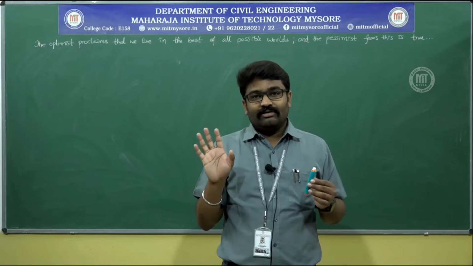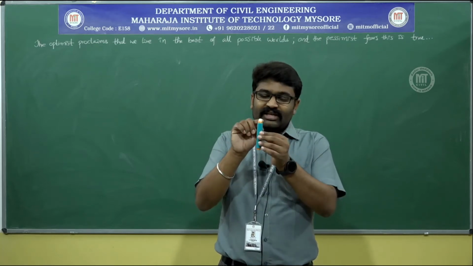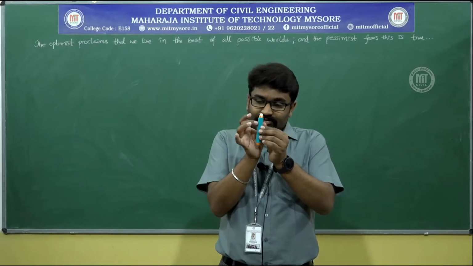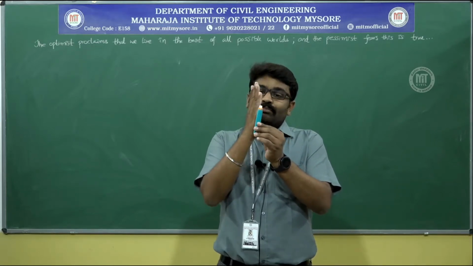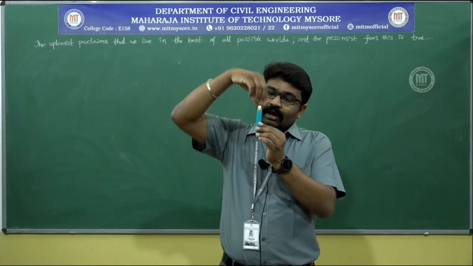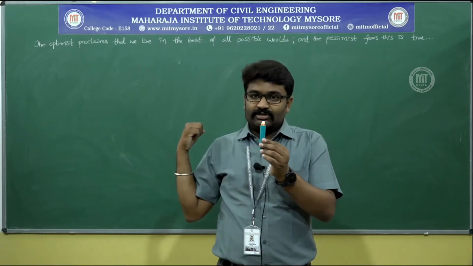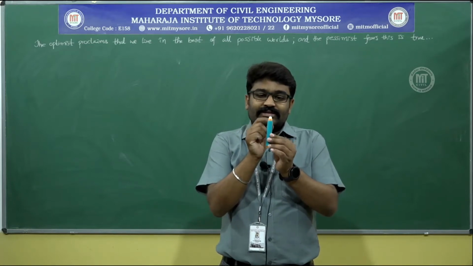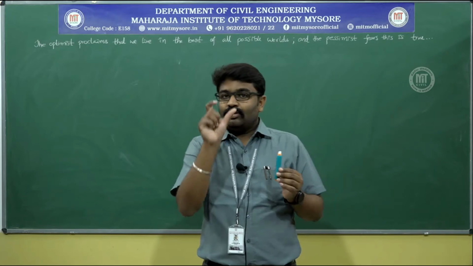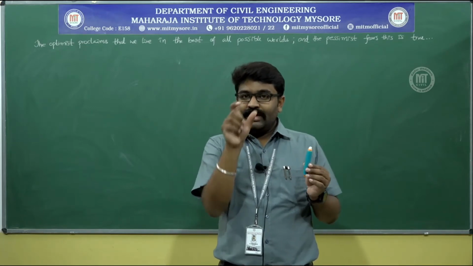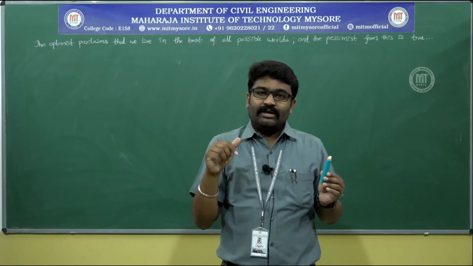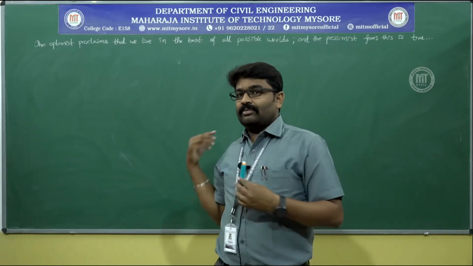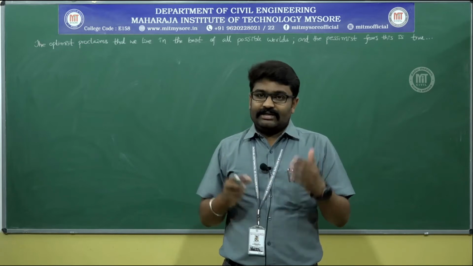No, you should not take it that way, because the diameter of the inner cylinder is 15 centimeter, the diameter of the outer cylinder is 15.1 centimeter, but how much? I will show you with the help of a drawing also, which will be easier to understand. The gap between the inner cylinder and outer cylinder is a total of 0.1 centimeter difference, so you have to divide it by 2 in order to get dy. When I depict it on the board, you will easily get connected. That is why I have told you.